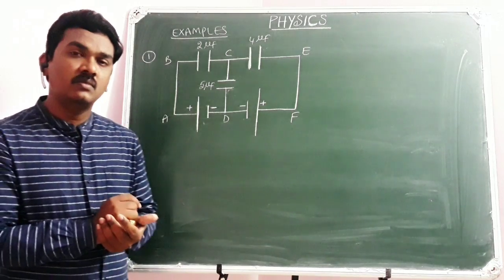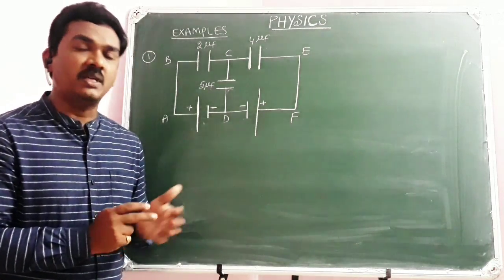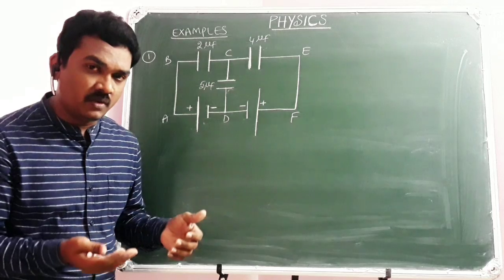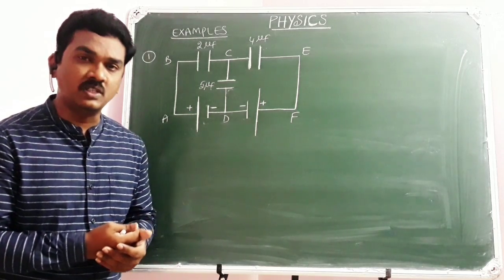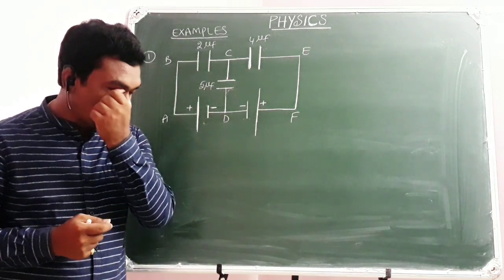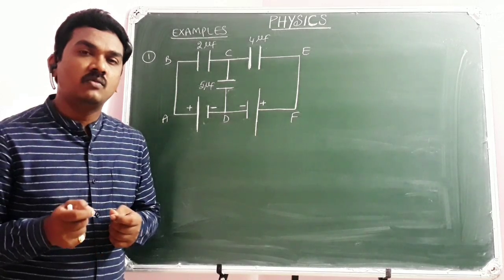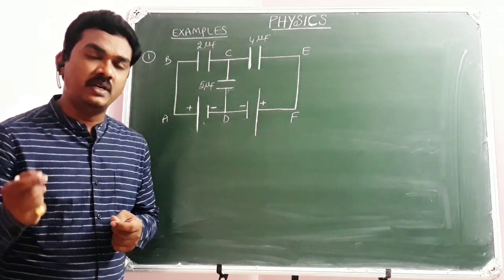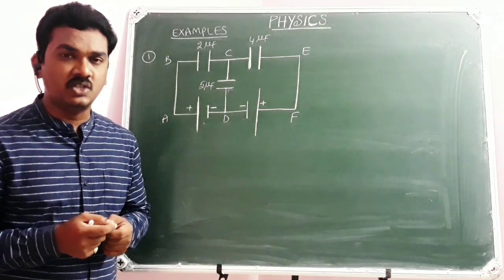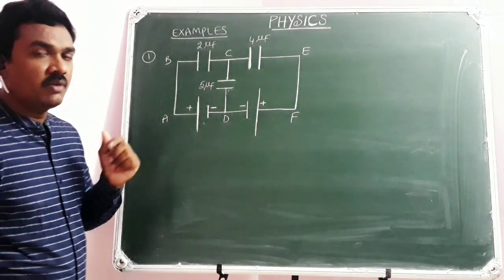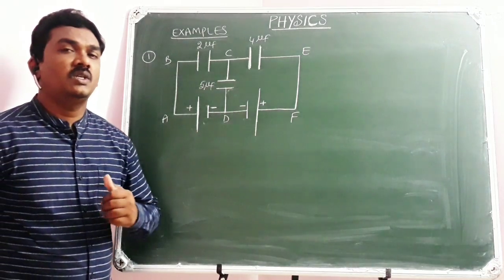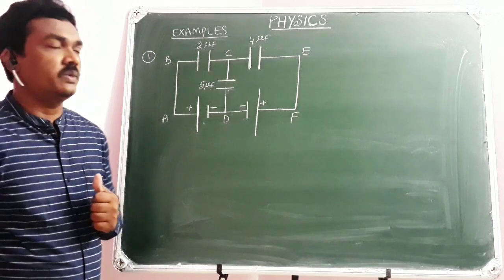If not, we can't identify whether the capacitors are in series or in parallel on seeing the electric circuit, and where there is no possibility for applying Wheatstone bridge principle, then I have told you we need to come across Kirchhoff laws on writing some mathematical equations, and we can calculate equivalent capacity. We will be trying to calculate charge on capacitor or potential difference across every capacitor. These all things can be achieved. So regarding that, I am giving few examples, nearly 4 to 5 examples I deal in this class, so that you will be able to solve the numerical questions in the practice lab.